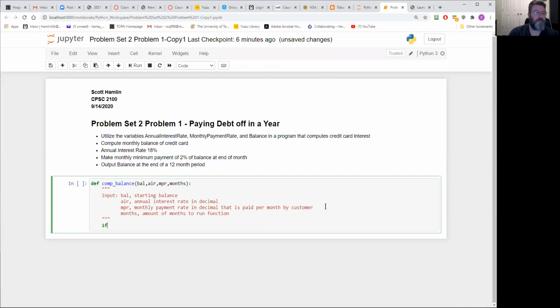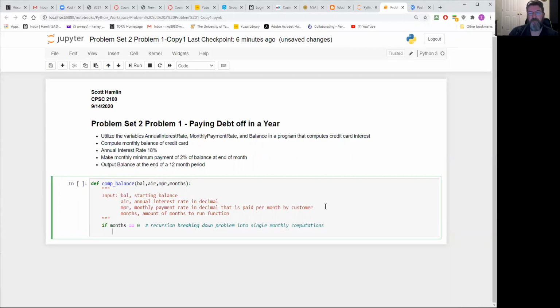We'll start it out with months. We're putting this in because we're going to make this recursive. Recursion, breaking down the problem into a single monthly computation. So instead of worrying about the whole 12 months, we're just making this function. I call it recursion, at least breaking down the function into smaller pieces, just 1 month at a time. So if months equals 0, we're going to return our balance. Else,